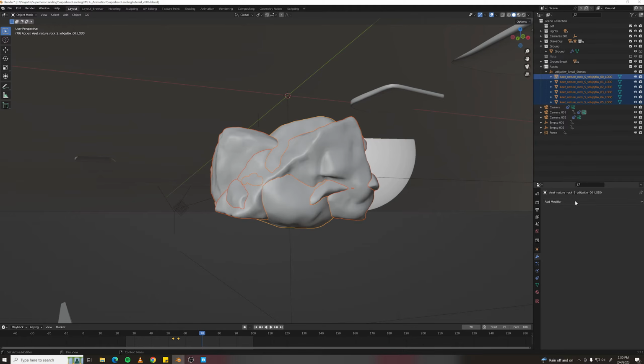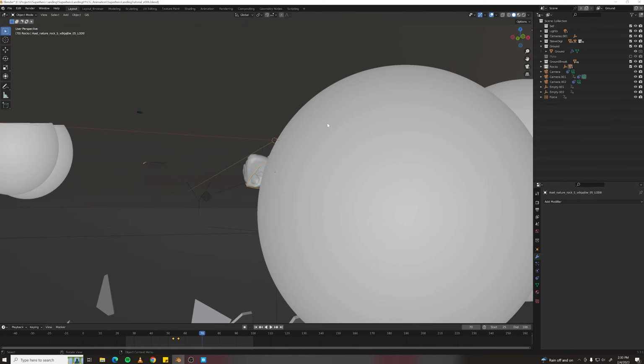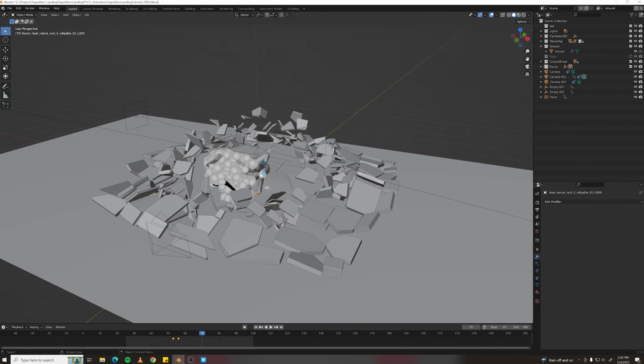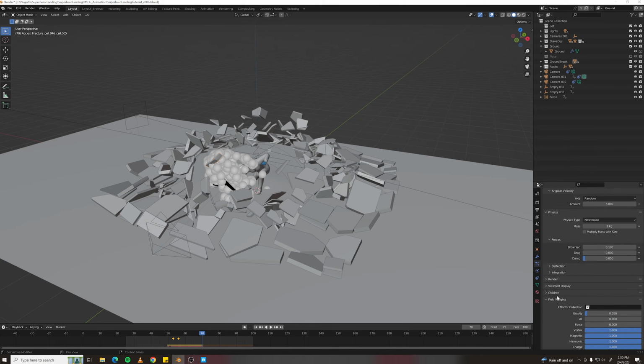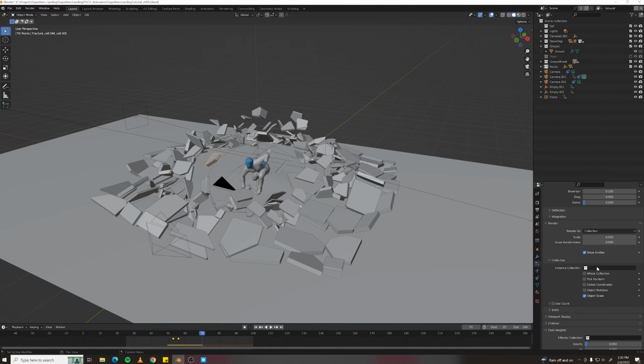Go to the modifiers tab and add a decimate modifier. Ratio to 0.1, and then we'll just copy to selected, and then we will apply this modifier. Let's go into our particle system settings, and where it says render, instead of halo, make it collection, and select your rocks collection. Pick random,